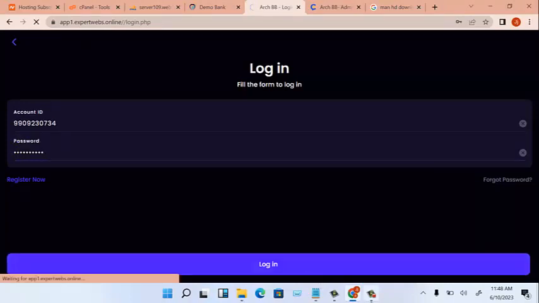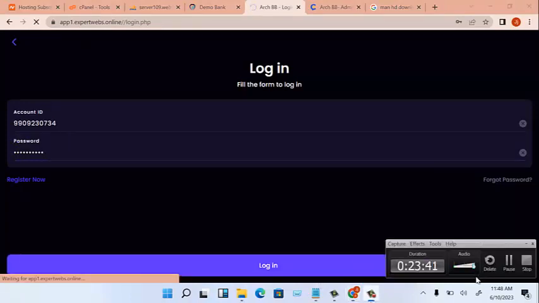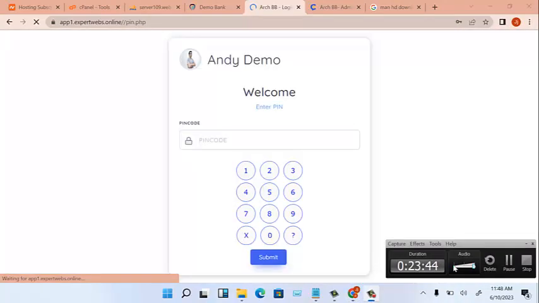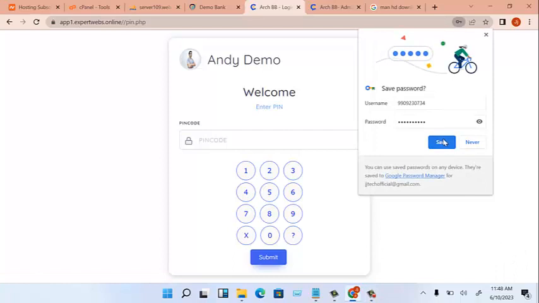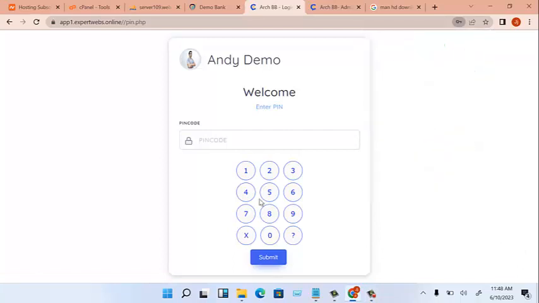So let's log in. Can save this. The code, the pin is